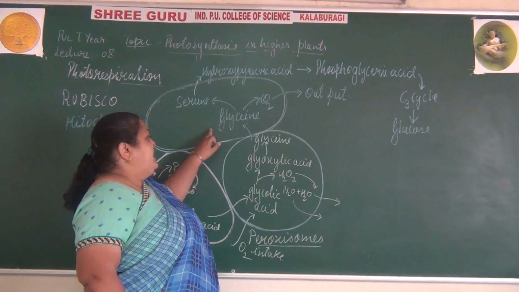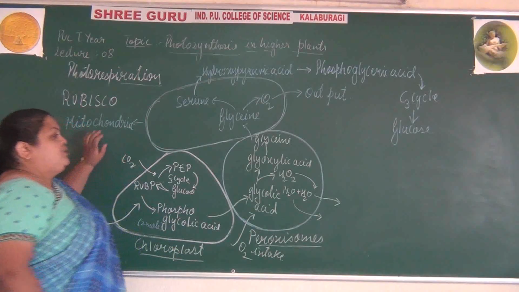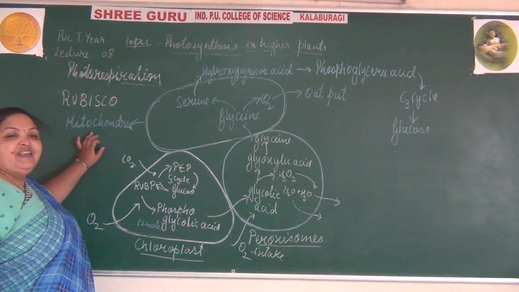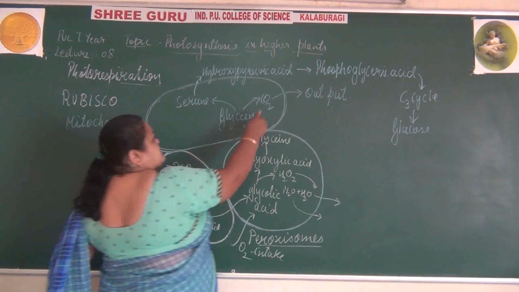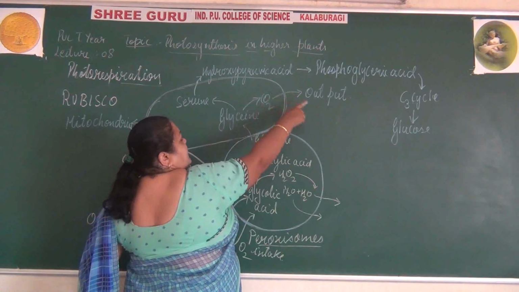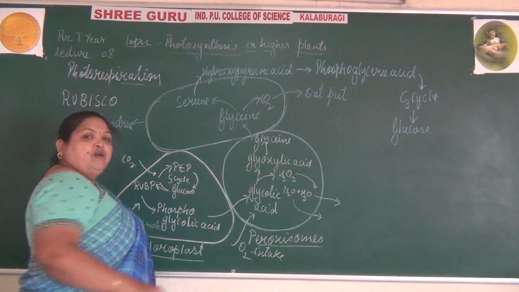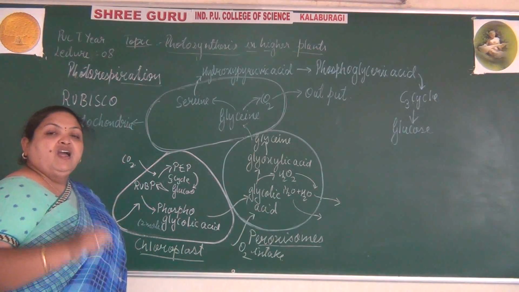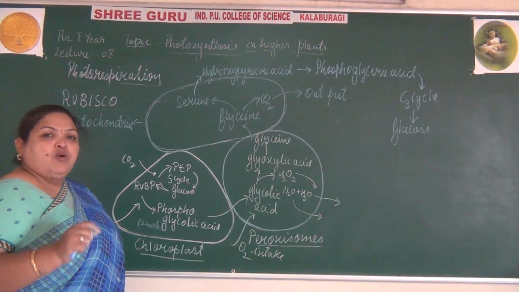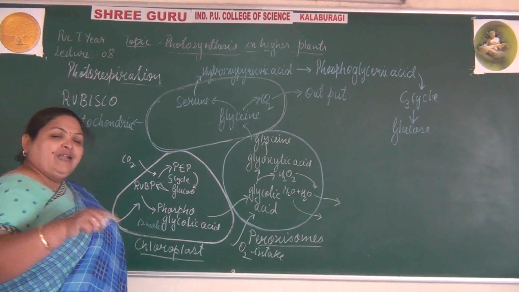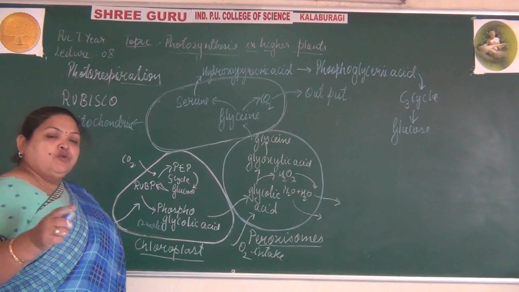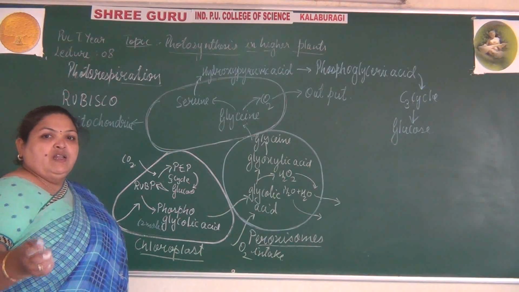This glycine will enter into the mitochondria, where it releases carbon dioxide. The carbon dioxide is released from the mitochondria to the cytoplasm or the protoplasm of the cell. So that carbon dioxide can also be used by the neighboring organelle for the